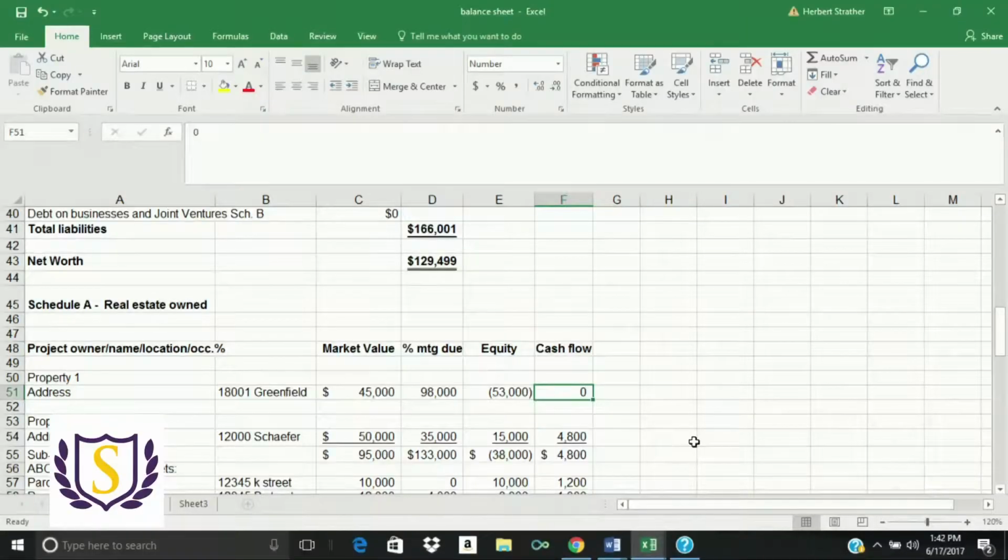Because the question is, and this is a good question: what happens if you're in a negative position but you have a positive cash flow? Then by definition, you have a positive asset. So if you have a cash flow on it, you cannot reflect a negative. That means that it's worth more than the mortgage, because after you pay the mortgage, you still have a cash flow. So in this case, the market value we're going to make at $120,000